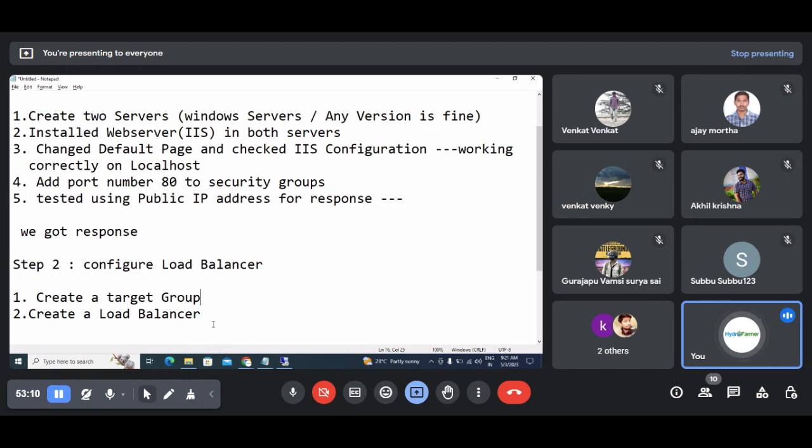The target group, in the main step, what we have done, we have registered our servers, right? So this is one of the important steps which we haven't added. So here you can say create a load balancer, add target group, and third step we can say access the load balancer,